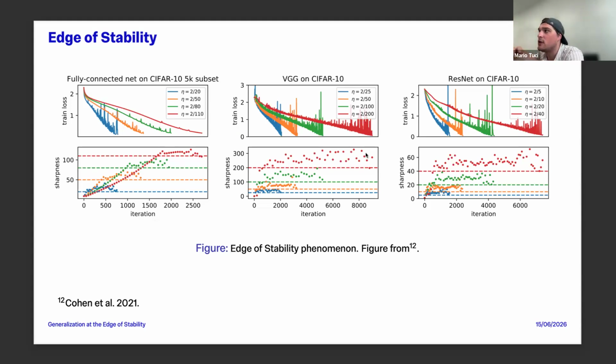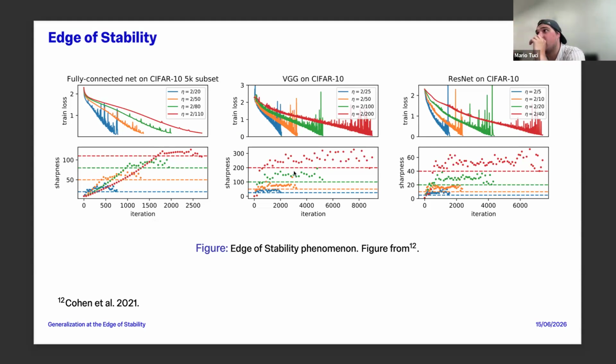And he termed this phenomenon edge of stability. So something is going on here. Our dynamics is not really stable, but still the loss decreases. It's a huge area of research, and people are trying to figure out why, for instance, this oscillation happens. They used, for instance, Taylor approximations to the third order and showed that might be a reason. But what is still an open question today, at least I'm not aware of a good reason, is why the sharpening happens, why this increases. We don't know it.